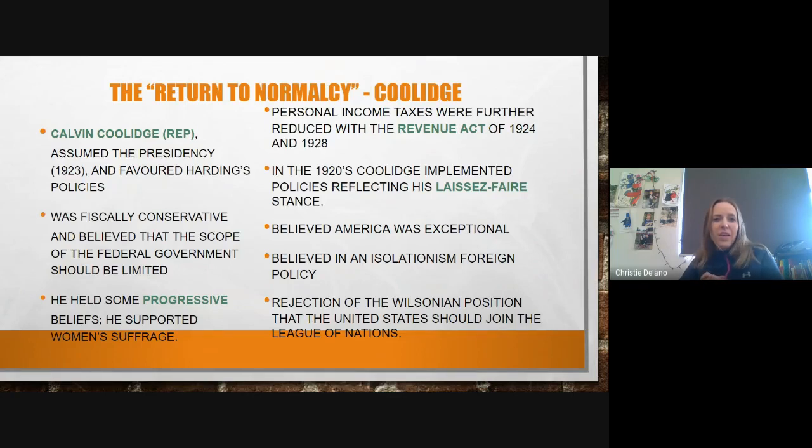And this is reflected in the years immediately following the war, with Wilson getting ousted from power and the United States not joining the League of Nations that you would have talked about last year, right? This isolationist foreign policy that leaves Europe to itself. We don't need to get involved there again. That's that bottom bullet there.